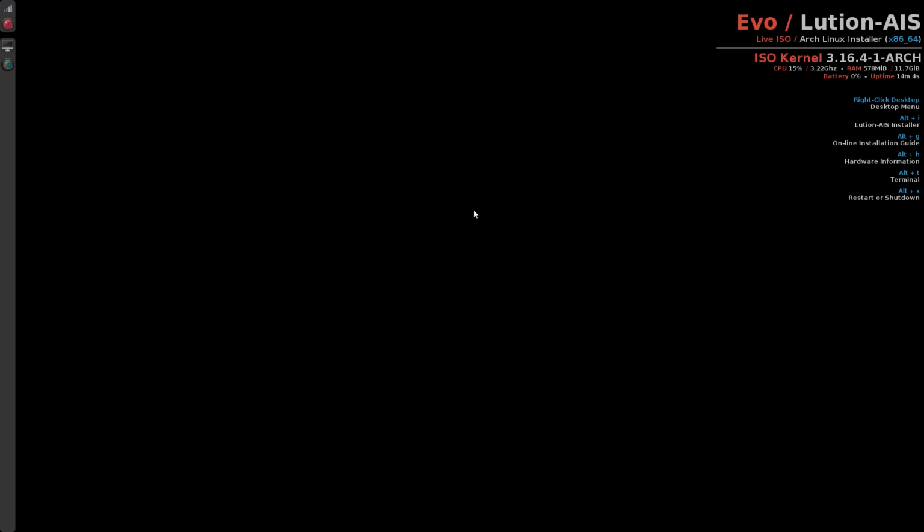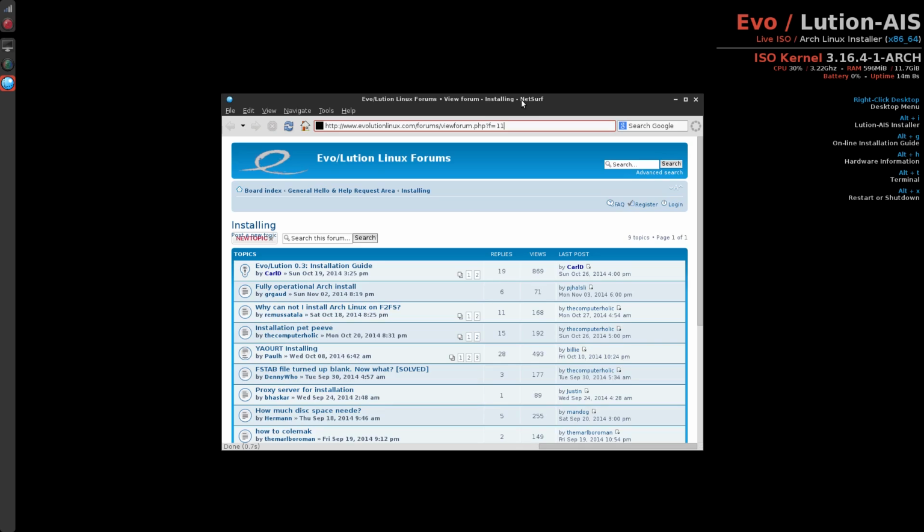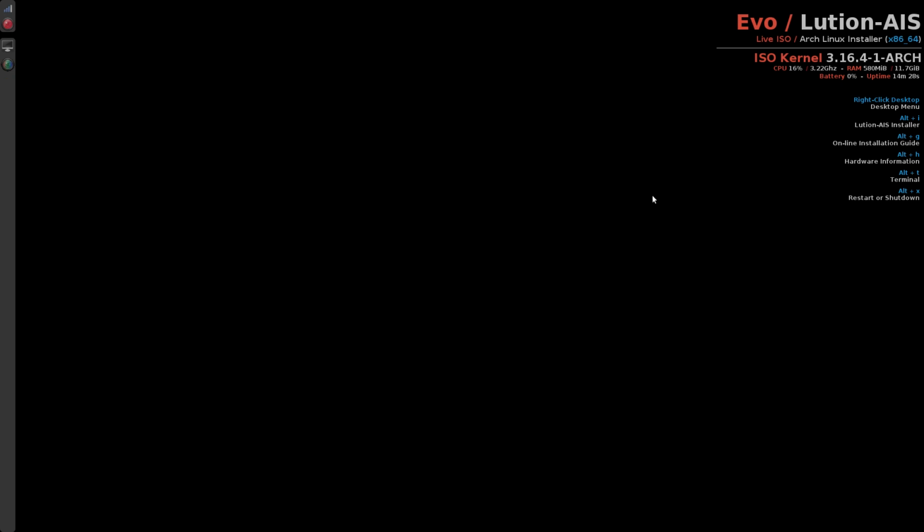So you press Alt-G. It opens the NetSurf web browser, and it takes you right to the forums. And here's the installation guide here. I don't have a desktop zoom, so sorry. But if you use this, and you're online, this is what you get. It also has a benchmark program